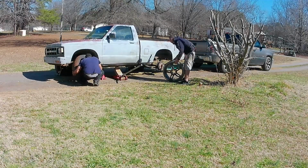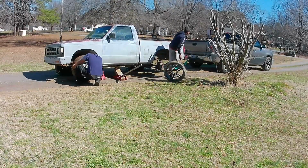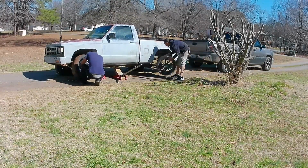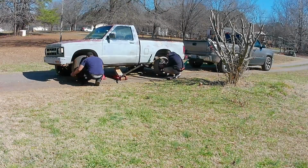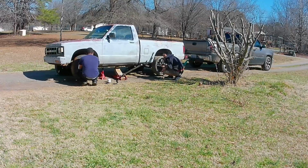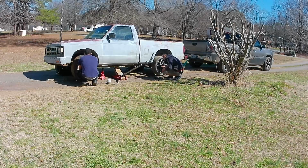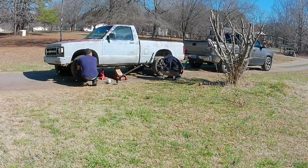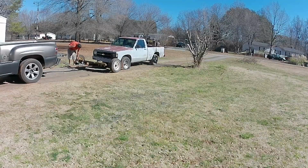So we had to swap the wheels, the flat wheels, from the back side of the truck to the front side of the truck, as we needed the rear wheels on there so that while it was on the dolly, it could travel down the road. Whereas when we were pulling it out, we needed those tires on the front of the truck so that we could steer it where we needed it in the yard, in the driveway. So we swapped the wheels. As you can see here,